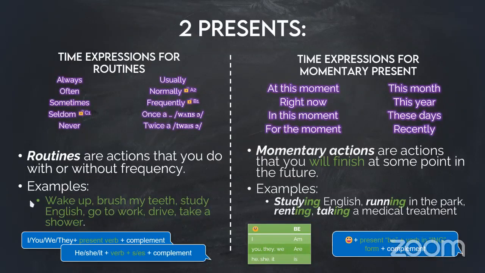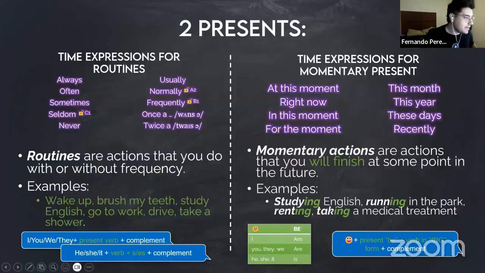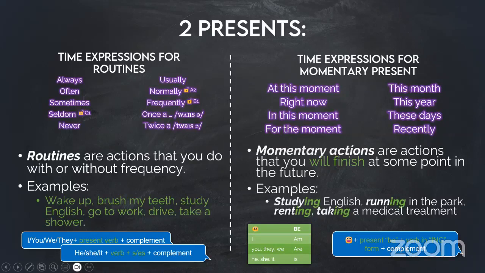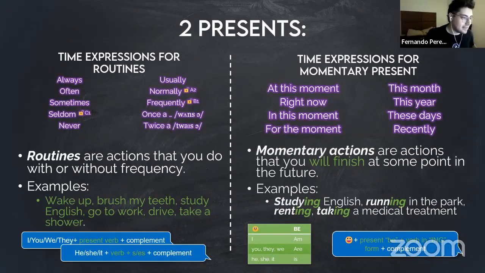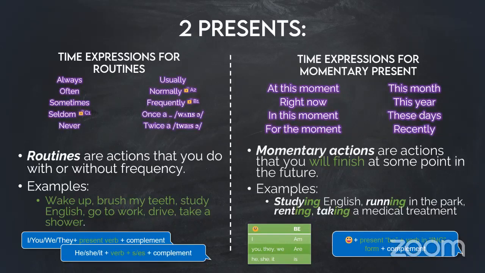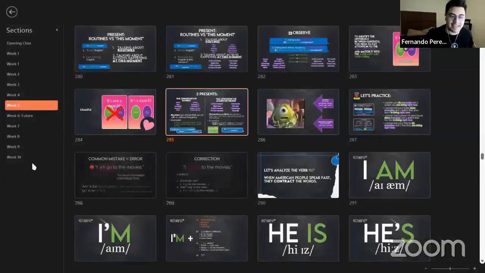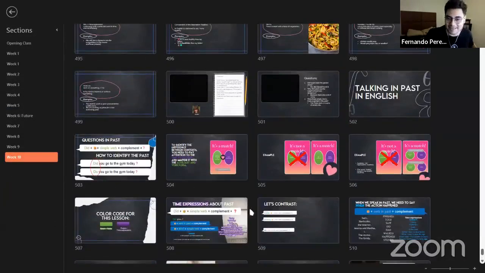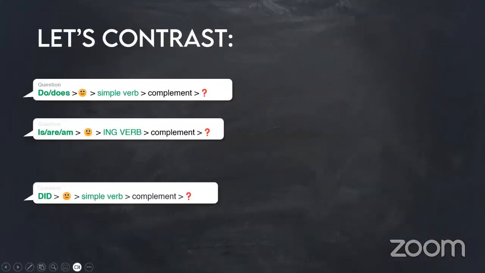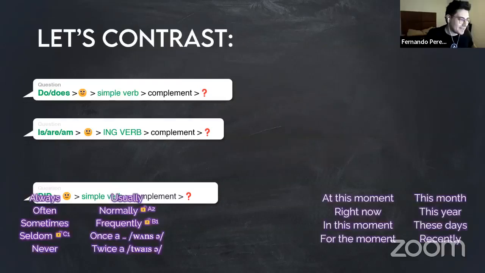This moment. If you need to talk about this moment, you need to follow this formula, not this. You are taking coffee in this moment. That sounds fantastic, but is that a question or an affirmation? Question. Then check your structure. Are you taking coffee right now? Very good, Melanie.